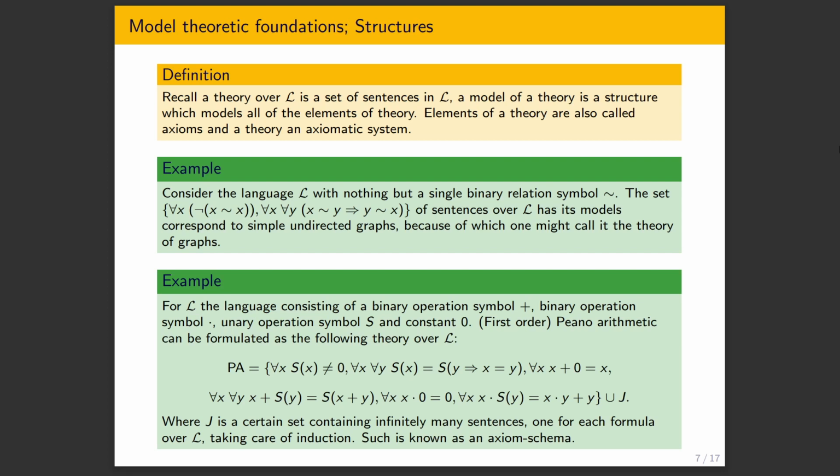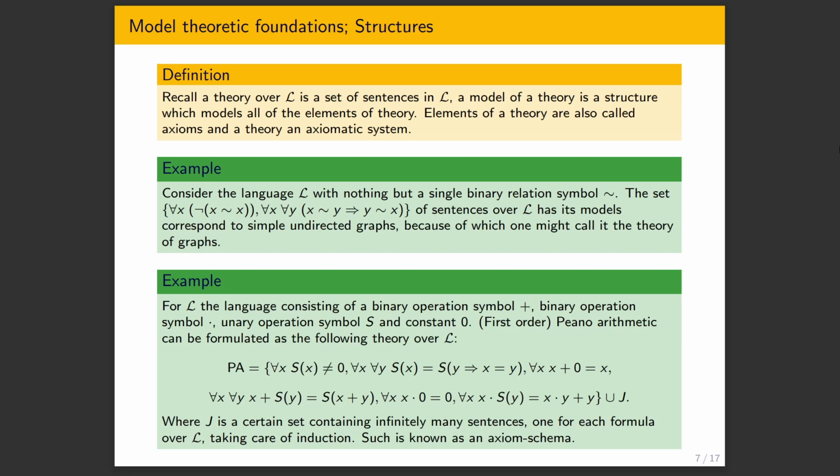And also notice I write union J. Now, strictly speaking, Peano arithmetic is going to have infinitely many axioms because of induction. Induction is something that's really a second order thing, if you're familiar with that. We need to add an axiom for every formula saying that it satisfies induction, and this is called the induction schema, and this J is a set containing a sentence for every formula saying that it satisfies induction. So as you see, the whole point of this section is just to see that we have languages over which we can form strings which represent mathematical statements and terms and formulae, and then we can interpret them in structures, in models of them.